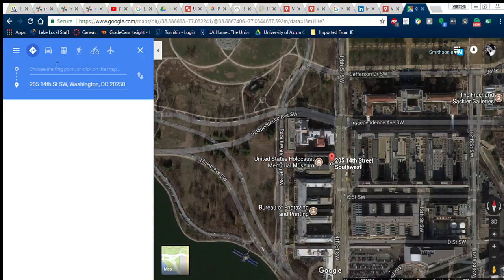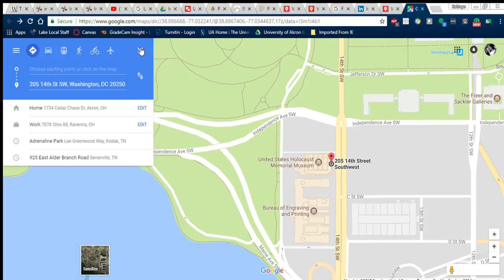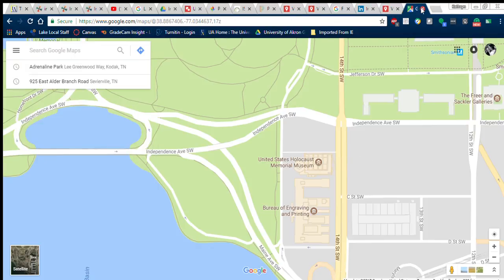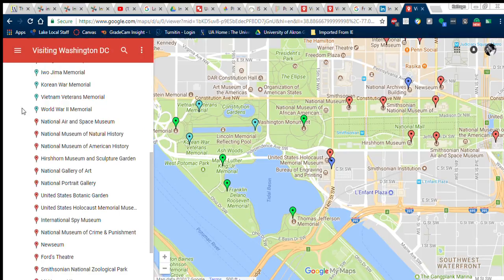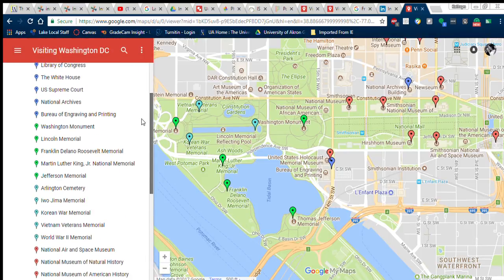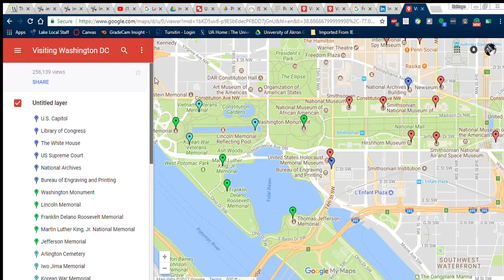Now, I believe you can go back and choose one of the locations as your starting point. So you can look at directions, let's say from the Washington Monument to the Holocaust Museum. You can see that. So as far as toggling back and forth between different locations, super easy to do, very user friendly. As I said before, this is not a map that I came up with. I just thought it might be a nice idea,